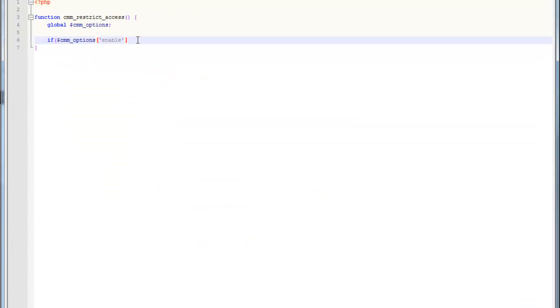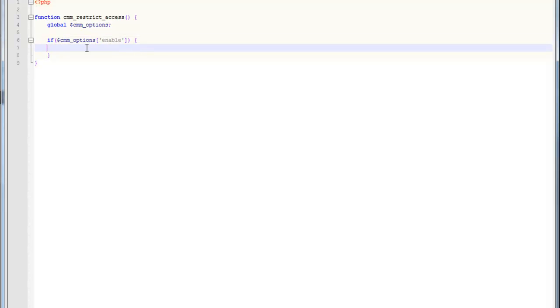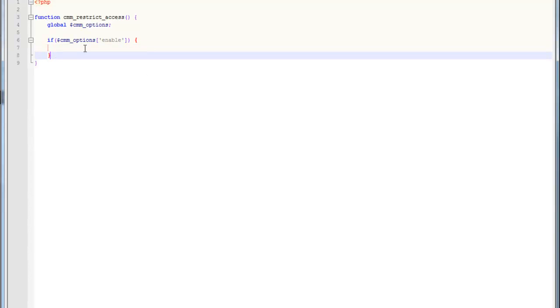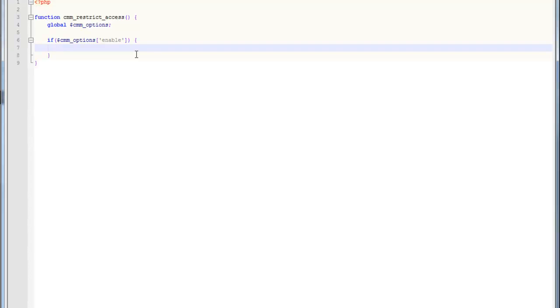So what we're going to first do is an if check to see whether or not the enable option is checked. And in order to do that, all we have to do is: if CMM options enable. Basically, this says if this option is set to true, aka if it's checked, then proceed. If it's not checked, we're not going to do anything because there's nothing else down below this if check. So that's the first thing. Next, what we want to do